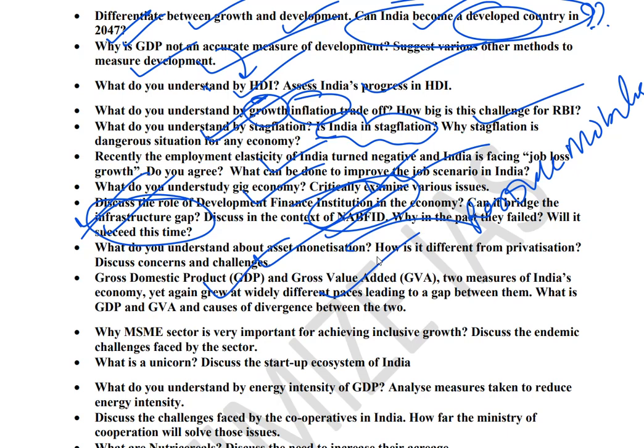Next is the concept of MSME, and they can ask how MSME is linked to the concept of inclusive growth. So they can link two different parts of the syllabus together. UPSC is very fond of doing this. Okay, so they will try to link MSME with inclusive growth, and they will ask you what are the challenges faced by MSMEs, because in the last 2 years, because of the COVID pandemic, MSMEs are facing the brunt. Okay, so this is a very important topic.